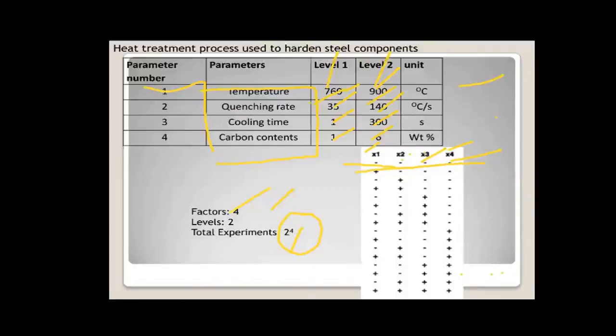After performing experiment number 1, I will add one more column for the yield. In the first experiment, I have the 4 parameters at particular levels, and after maintaining those parameters at the given levels, the output is like this. So prepare these tables first. Our first task is to make a proper table, add one more column for the output, and write down all the values after performing the experiments. It is a simple task.